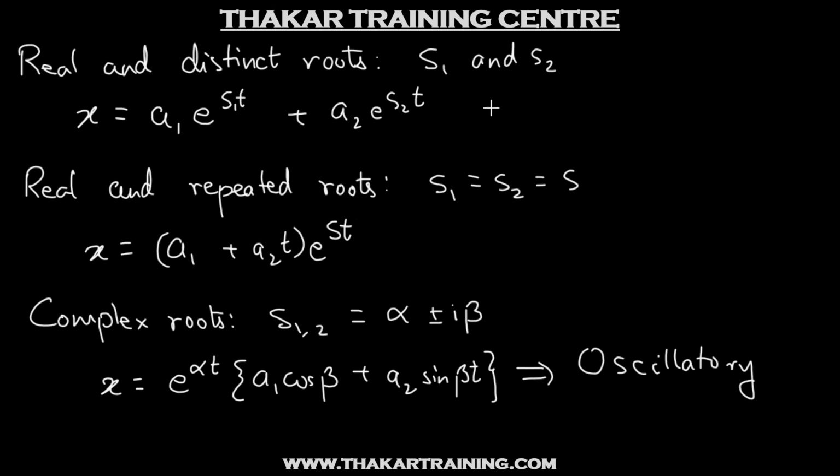That is, the mass will not go to and fro in these cases, but in this case, the mass will just continue to go to and fro. Obviously, there is damping, so the motion will come to an end after some time. But while it is moving, it will be a to and fro motion for the third case. Whereas for the first two cases, it is not going to be a to and fro sort of motion. That is simply understood by the presence of sine and cosine terms. So these are going to be the solution forms.